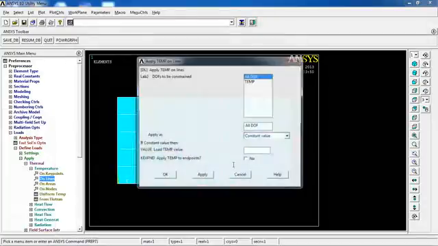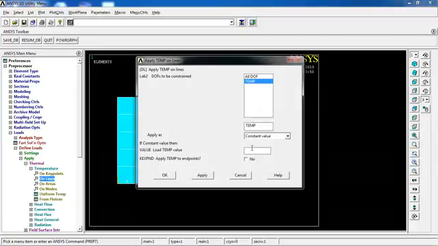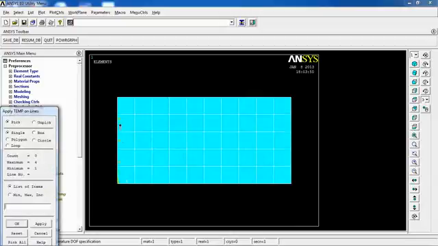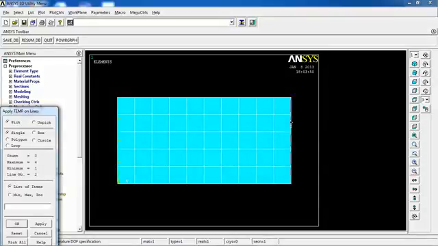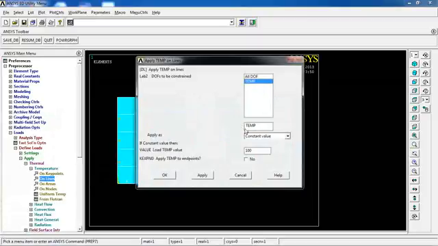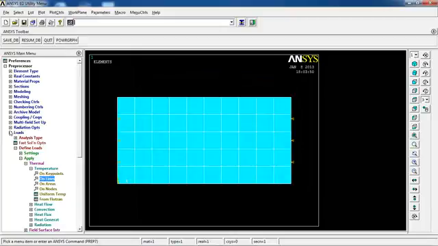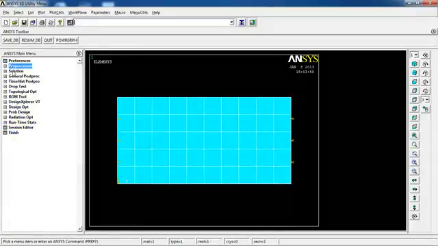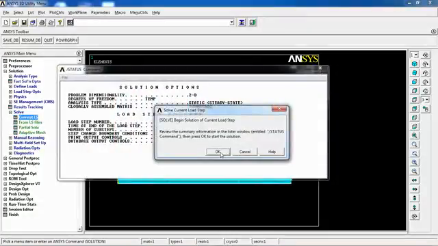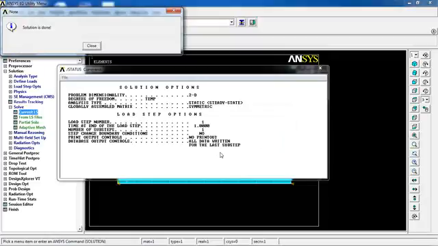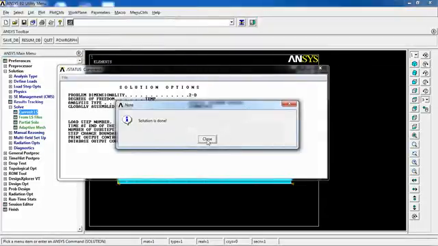pick this line, apply, temperature of 100, click apply. This mark tells me that the temperature on the left line is defined. So I click the right line, OK, and change the temperature to 20, and click OK. So now my model is ready. So I can go to Solutions step and pick Solve Current LS, and click OK on this window, and solution is done. I can close this window